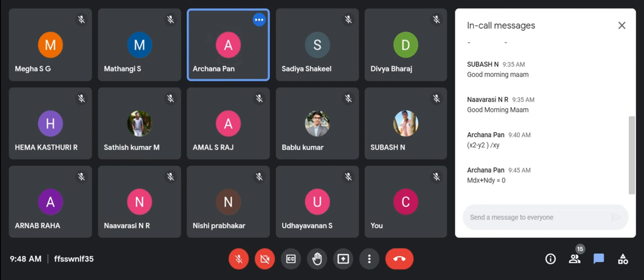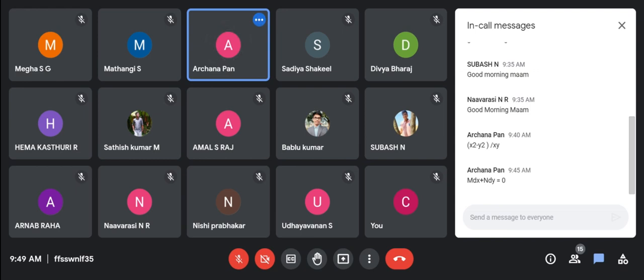Here we'll try to make it homogeneous, means form a homogeneous equation. Okay. So you have to see there are two types of cases. The first one is when a by a dash is not equal to b by b dash. The second one is when both are equal, a by a dash equal to b by b dash. Okay. So we'll learn case one first, a by a dash not equal to b by b dash.